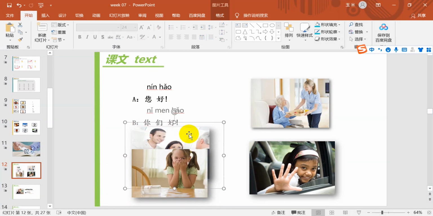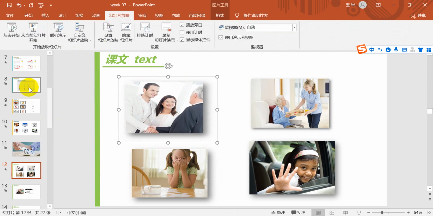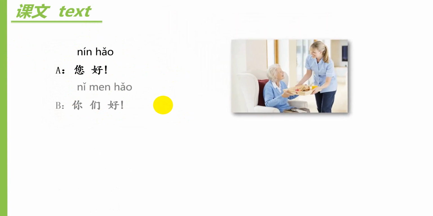Oh, now this one. Yeah, okay. 您好, 您好, and 你们好. Yeah, 那一起读, this one, 您好. 您好, yes, 您好. 你们好, 你们好. Yes, 你们好. Now for the second picture, if somebody helps you by taking some things, now you will say 谢谢你, yeah, 谢谢, yes, 谢谢. And we can say 谢谢你. Now for the answer, this girl will say